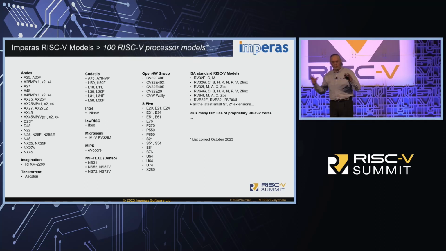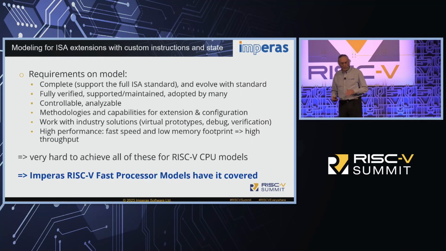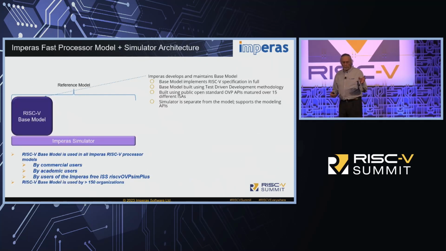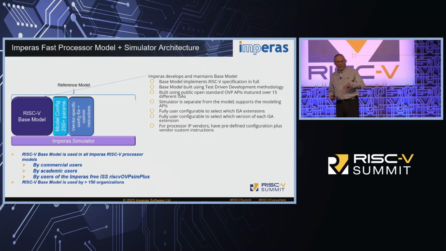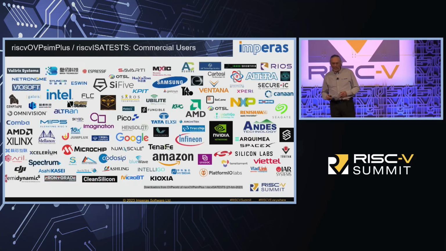And not only do we have this sort of public simulation, we also have models of proprietary extensions that people are working on as well. So we have a lot of different modeling technology in there. I said it's very hard to achieve this, but we think that our fast processor models really have it covered. So if you need models, we have a very good answer for that. When you've got the base model, we can configure and customize it for the way your IP vendor needs it. Then you can extend it and add your own technologies to it. Almost everybody we deal with is building their own extensions in some form of custom instructions, so our technology allows you to do that.